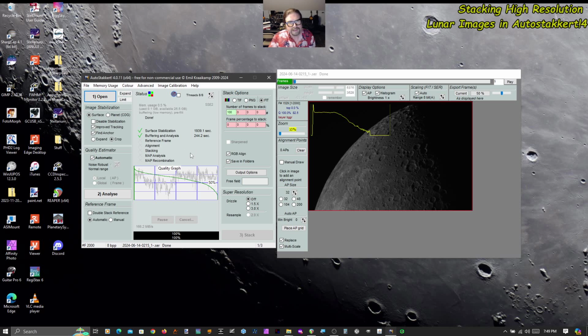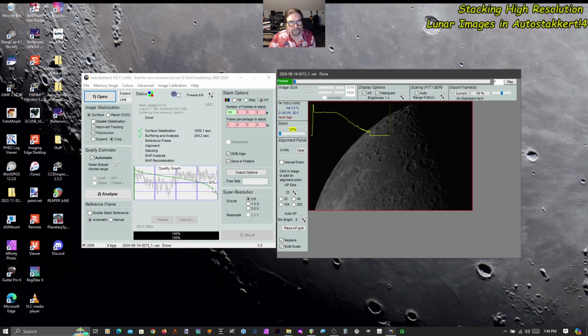Okay, so it takes every frame in the video and calculates a quality metric. That's the gray graph. So the horizontal axis is time, or frame number, if you will. And the gray lines are the quality metric. You'll notice there's no scales. Okay, so what Autostakkert does, oh, and by the way, the green curve is what you get if you take all of the gray points and you sort them. Highest quality on the left, lowest quality on the right. So if you were to click on this graph,